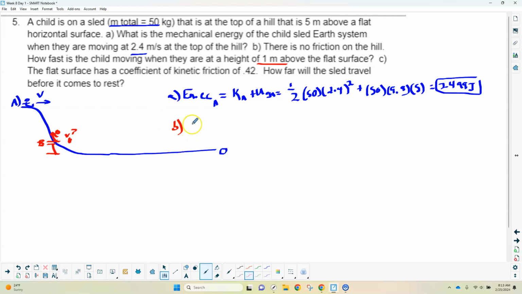So in part B, we know that the energy is conserved because there's no non-conservative forces. There's no friction. We're going to ignore air resistance. So first I would say the mechanical energy at A, which we found, is equal to the mechanical energy at B. And then we just have to analyze, okay, what kind of energies are at B, sort of like what we did in A. It is the same two types of energy. So the mechanical energy at B, which is 2499 because it's conserved, should equal